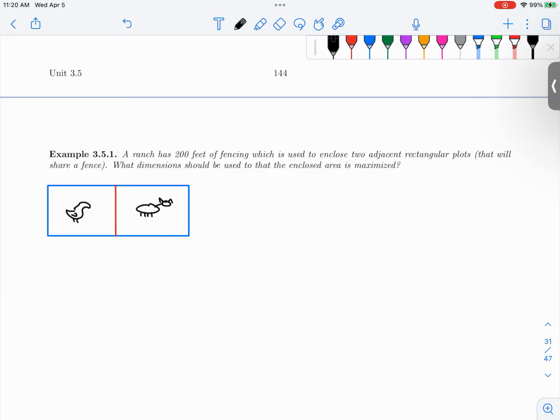Now, how do we figure this out? We want to maximize the area. So we want to maximize the dimensions. So let's just call this right here. Let's call the